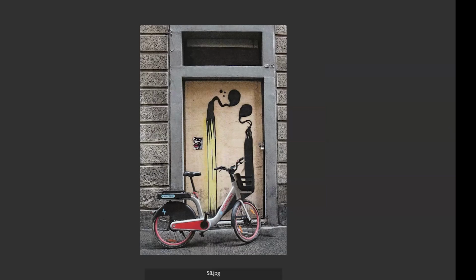I think how the graffiti or the painting on the drawer leads into the bicycle is very interesting, that it becomes a figure. And the textures and things like that. I'm gonna say a B. I'd like the doorway to be perpendicular. It's a little bit on a slant, but I think you made something interesting of a very mundane moment.